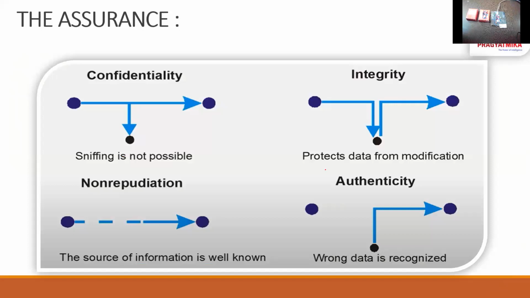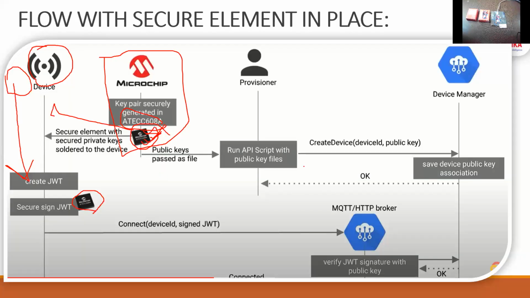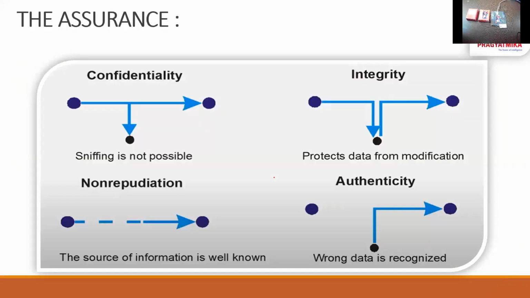So that's how we have confidentiality available, and then the integrity. The data could not be modified, because unless the JWT token is signed, any kind of modification is not possible, because the keys are not available. And once the